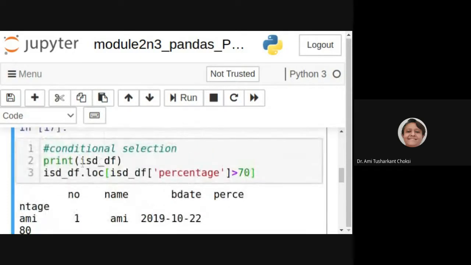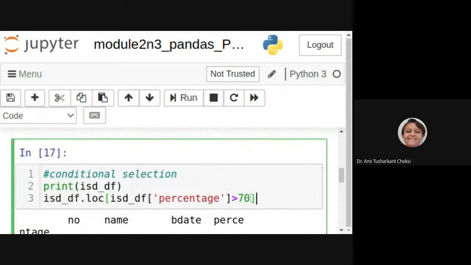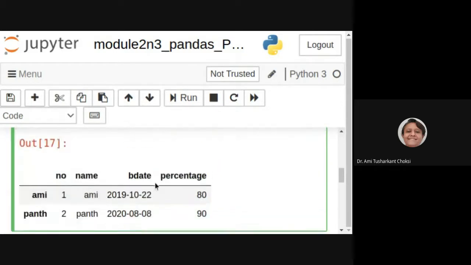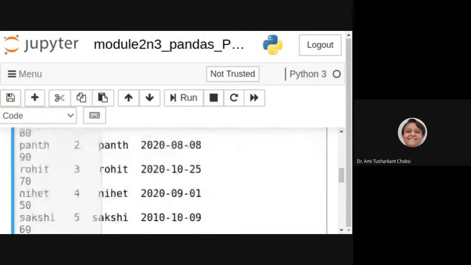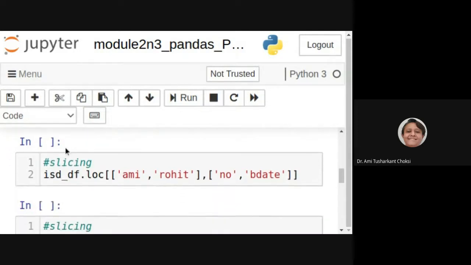This is the original df we have printed, and after that we are printing this one, percentage greater than 70. First of all we are printing the original data frame and then after we are doing it. So here it is there. Okay, so name is being printed, fine. Same error we are doing, right?